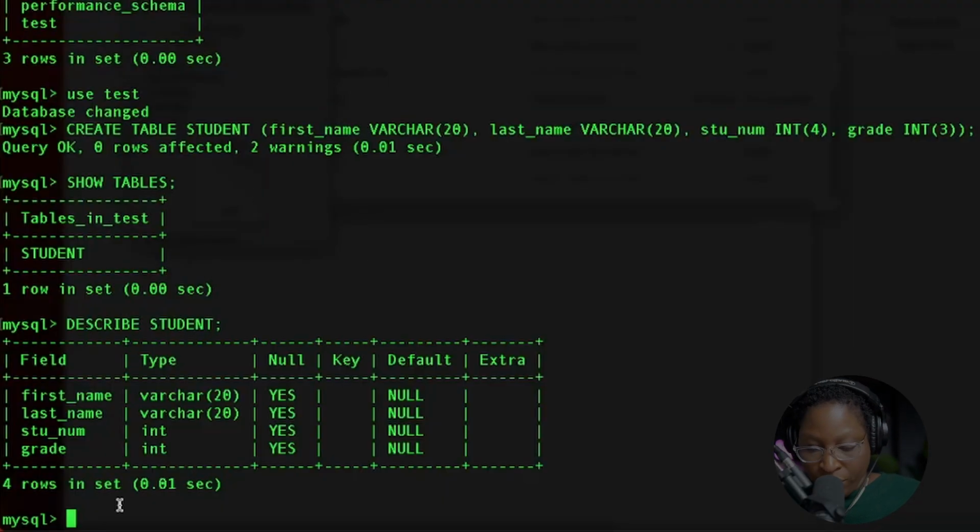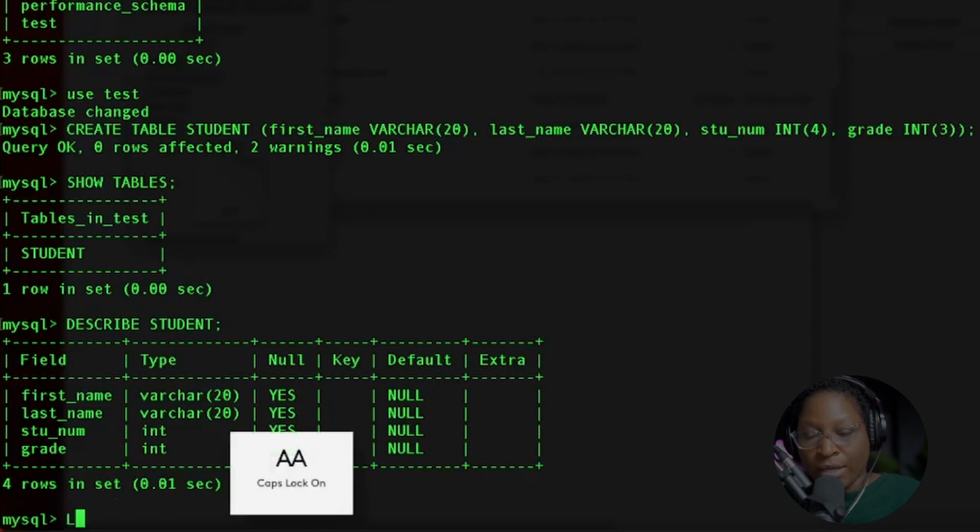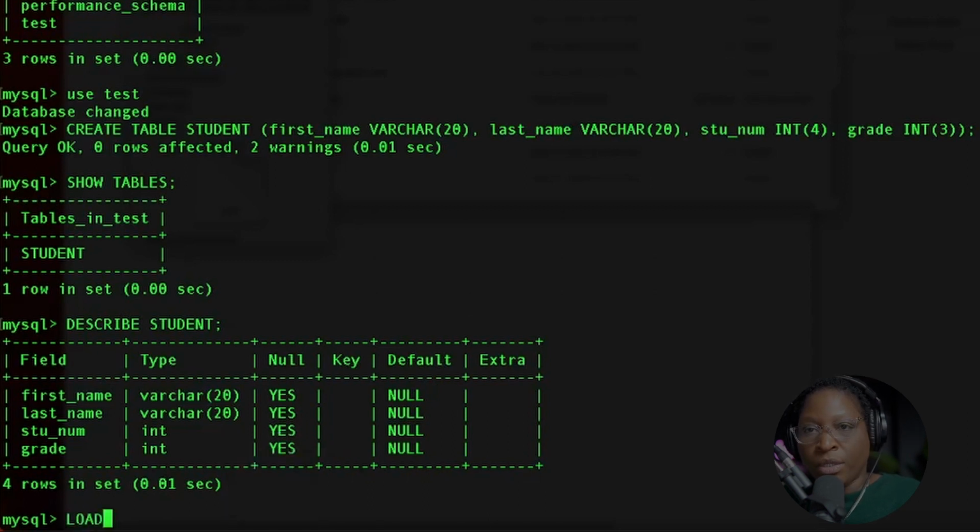So we have to use the load data command. So we're going to say load data. You have to use the local command because we are using the file that is local on our machine. The file is not located on the server. It's located on my machine. So I'm going to say local,